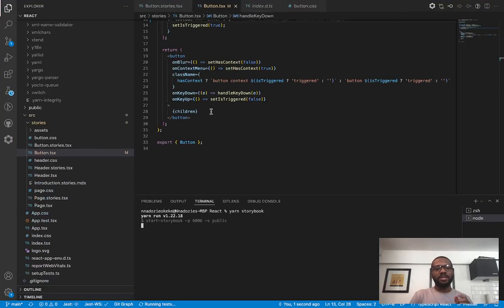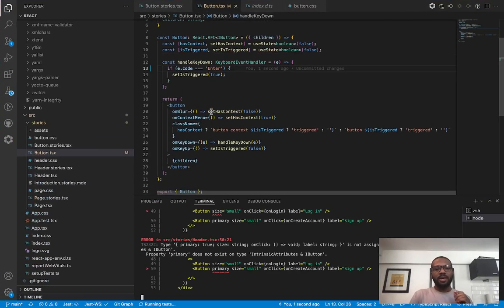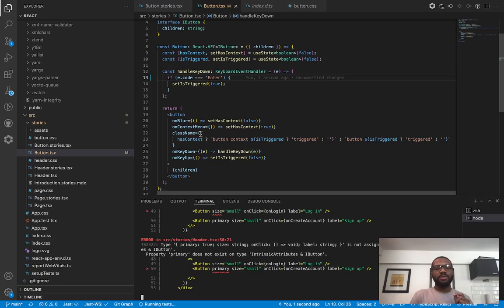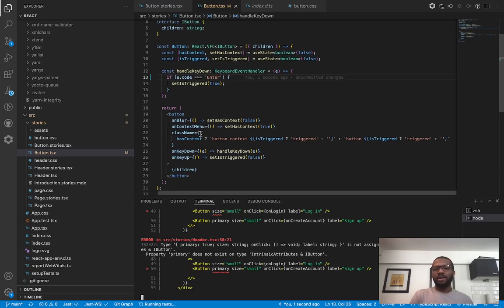What I mean by that is all these handlers on blur and context menu, I want to be able to override them. If not override them,